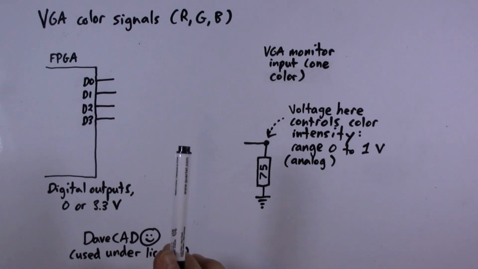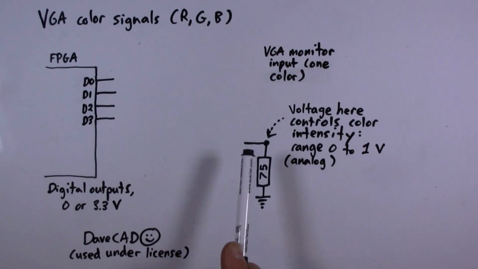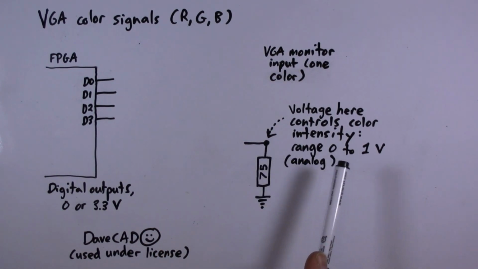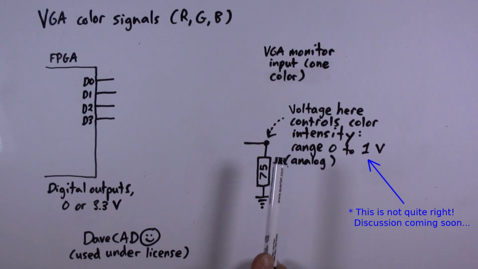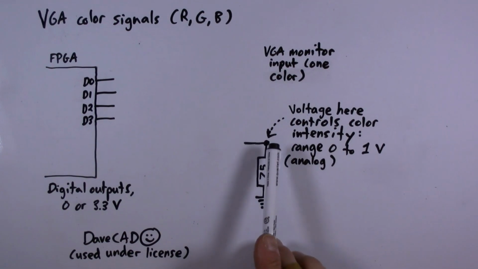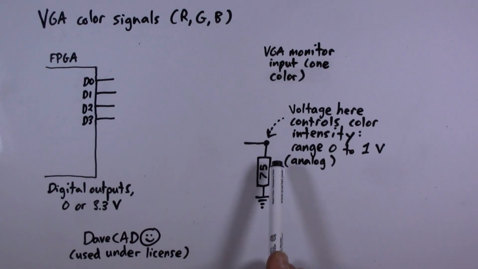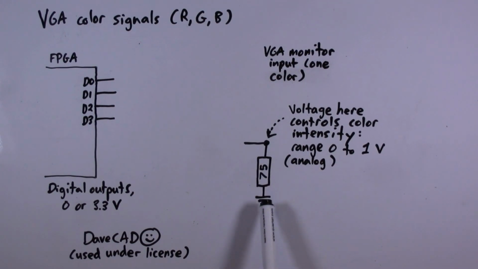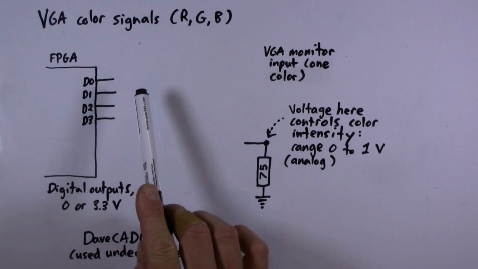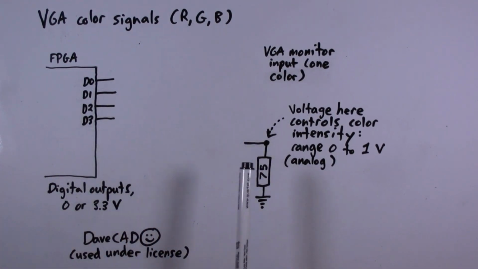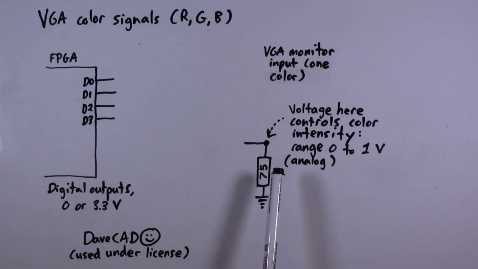And the way that VGA color inputs work is that they expect a voltage approximately in the range 0 to 1 volt to control the intensity of each color signal, red, green, and blue. And the voltage is sampled at a point that is connected to effectively a 75 ohm resistance to ground. So we need to design the output impedance of our circuit that generates the colors to take that 75 ohm